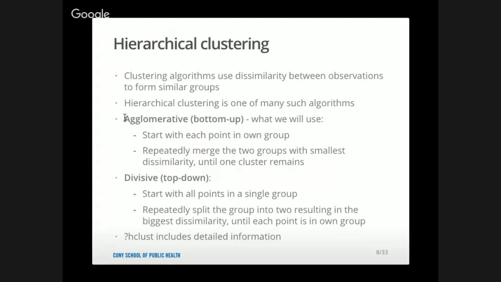There are two possible approaches to hierarchical clustering. The first one is what is almost always used, probably because it has the most convenient tools for it, and it also produces clusterings that are familiar to look at. By bottom up, or agglomerative, what it means is that you start out with every point in its own group, and then you start by grouping together the most similar 2 points, and there's your first group. And then you group together the next